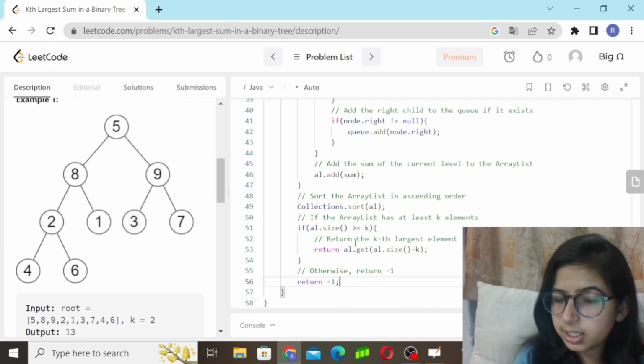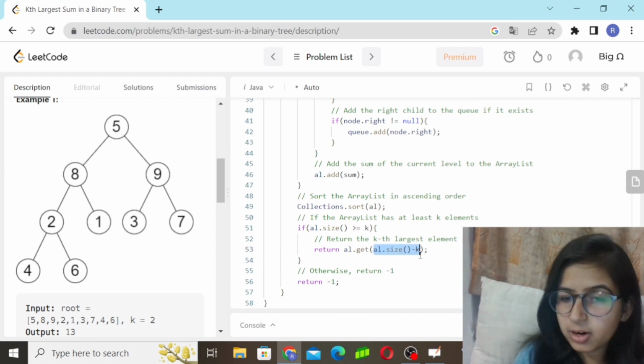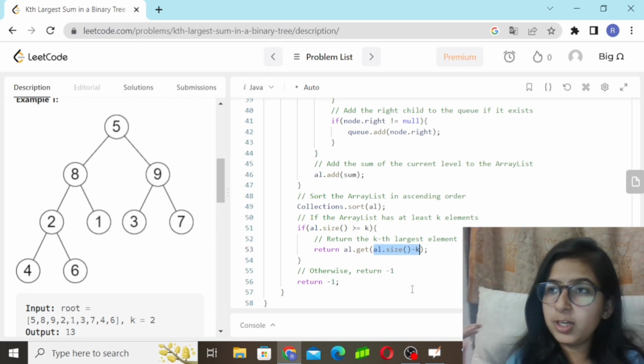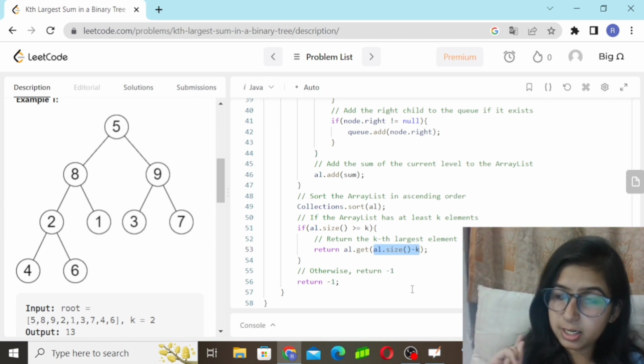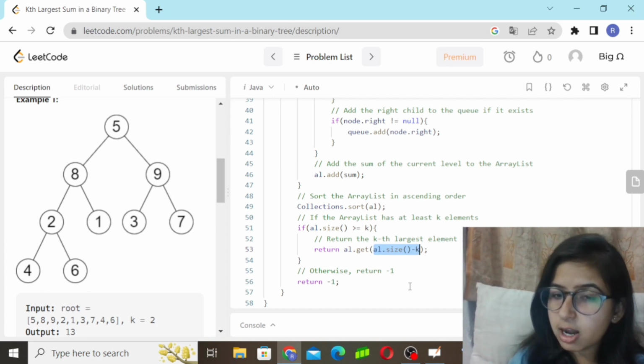Otherwise, if it is greater than or equal to k, I will return al dot get. Get means we need to find the actual value. That's why I use al dot get. Otherwise, what is written? al dot size minus k. I have already told you, whenever we need to find the sum from the last, I will use the al dot size,